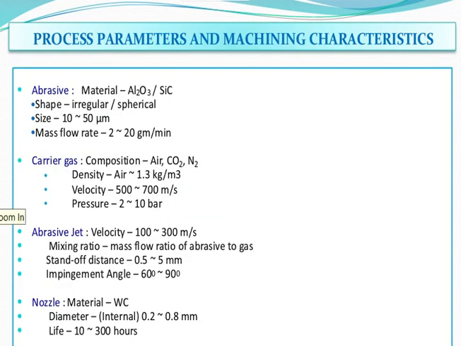Now, we are talking about all the process parameters. For successful utilization of the AGM process, it is very necessary to analyze the following process criteria. What are the process criteria? First is material removal rate, MRR. Next, geometry and surface finish of the work. And next, we are talking about wear rate of a nozzle, the nozzle wear rate.